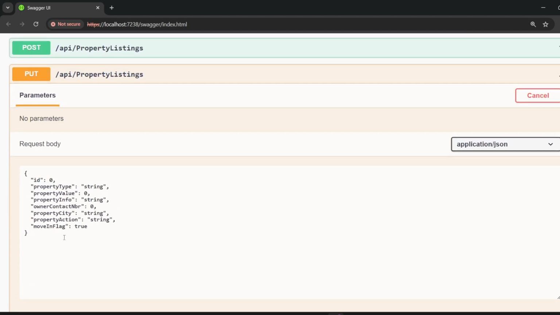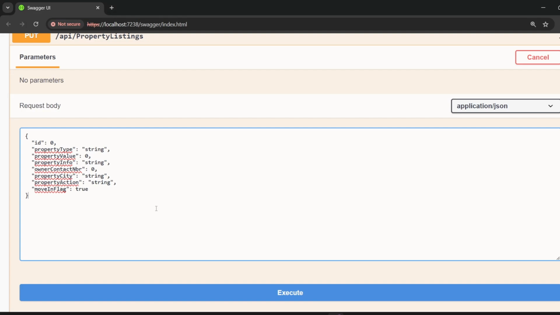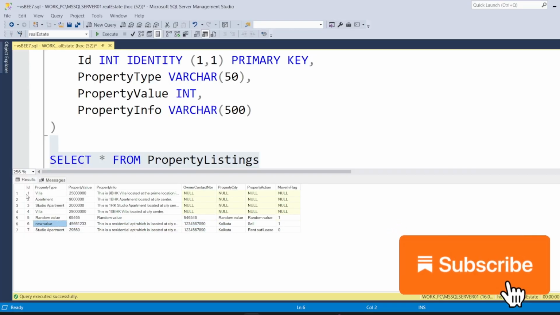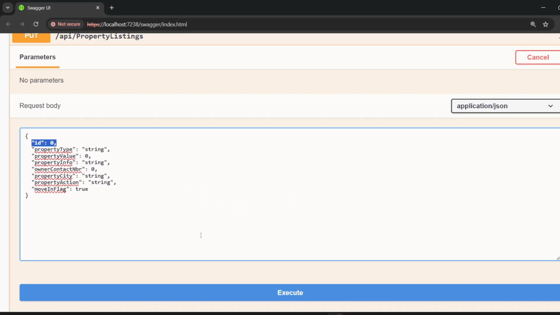Over here we need to pass the request body. This is going to be a whole JSON. While passing the request, I have to make sure that the ID value exists in the table. I cannot select any random ID. I have to select one that already exists in the table. So if I go over here and try to pass ID as 10 and give some random values